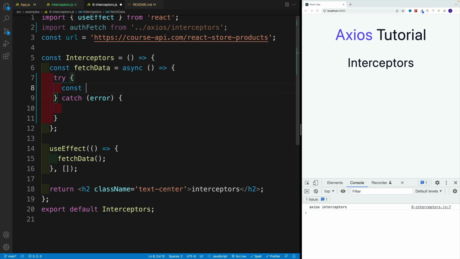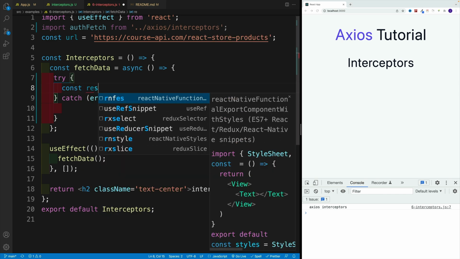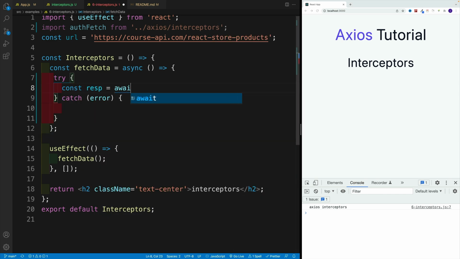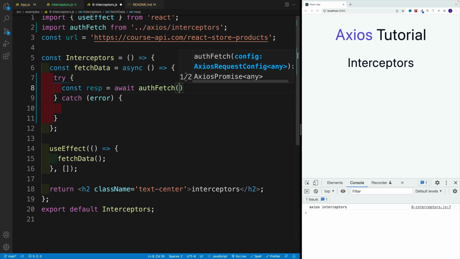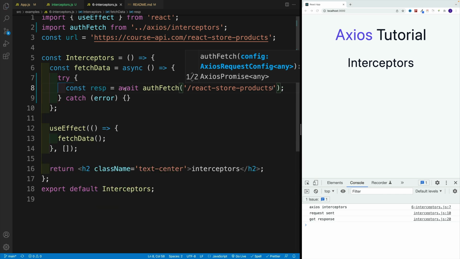And then we're going to go with const response equal to await auth fetch. Remember, we already have the base URL, so we just go with react-store-product. And once we save, we'll have in the console request sent and got response,